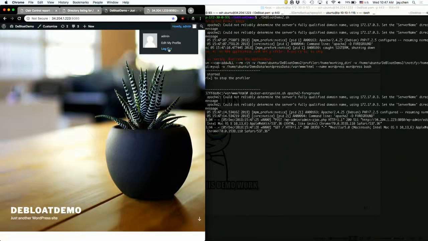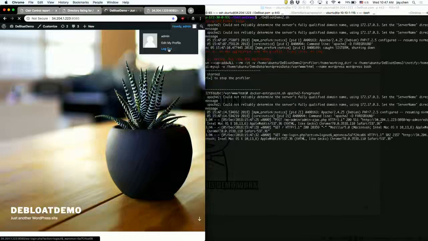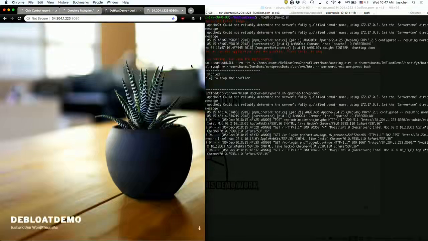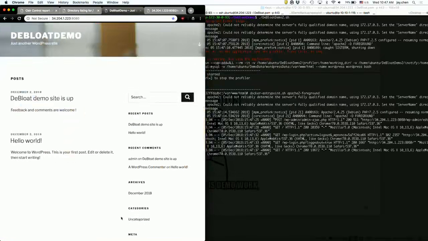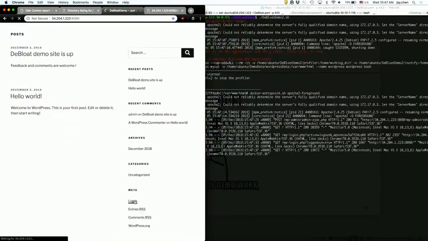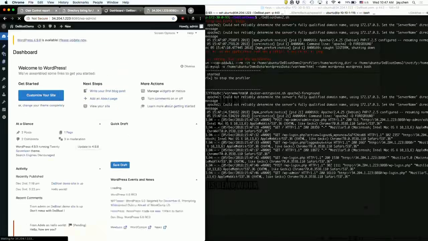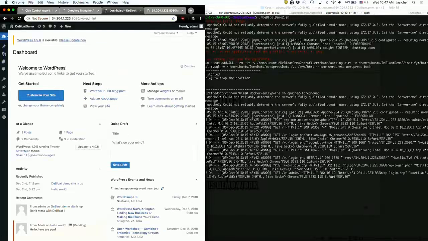Let me first log out. And log in again. And I'm going to perform the same two functions that the system admin supposedly only needs.